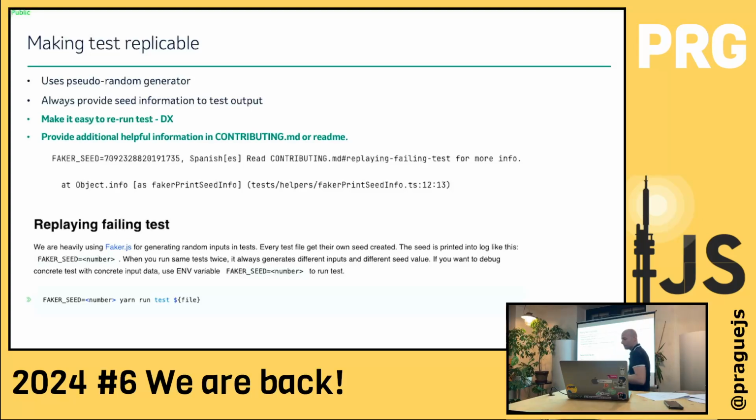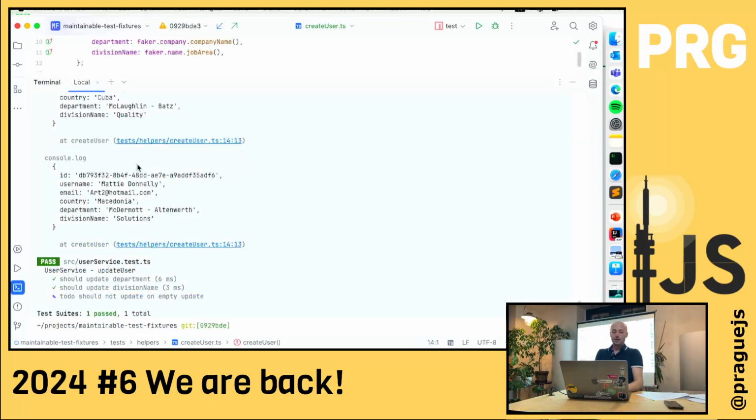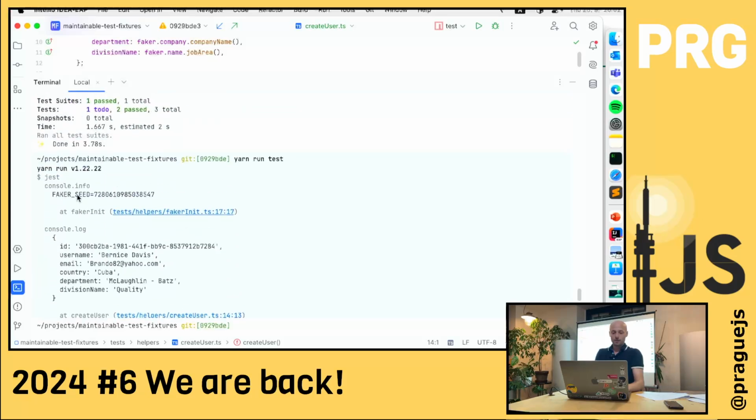The numbers are repeatable because you can provide an input seed, and this is basically this faker seed. If you notice, I'm providing this faker seed in the console.